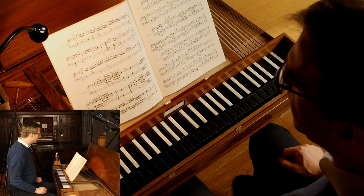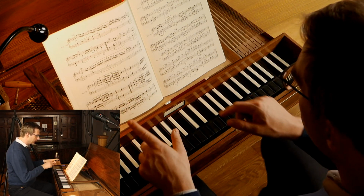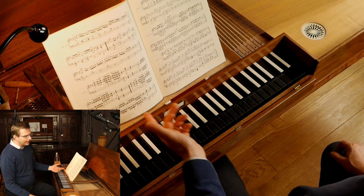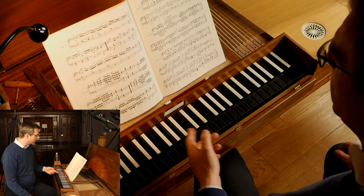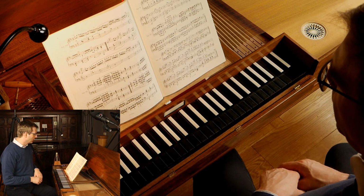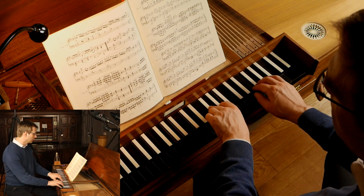I'm not going to do this again because now all these fingerings and thirds need to settle a little bit. Tomorrow or the next time I practice this, I will play this very slowly and maybe also a little bit with rhythmical variations. So, for instance, that you have